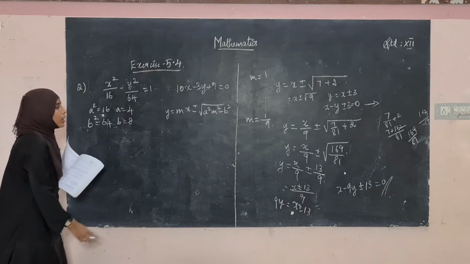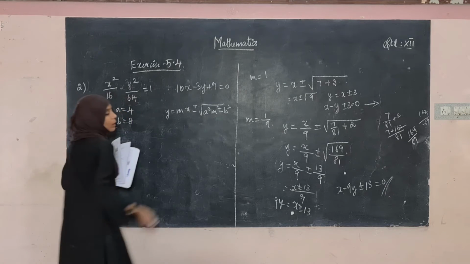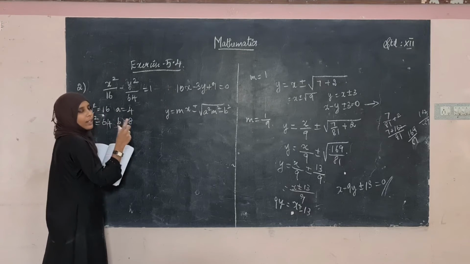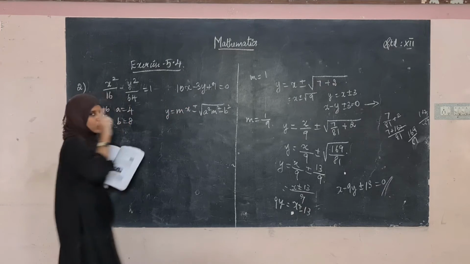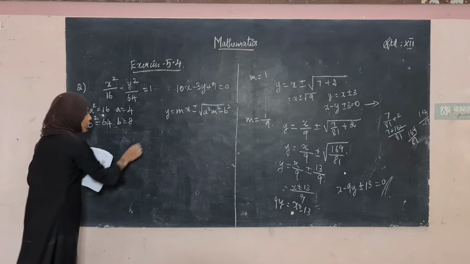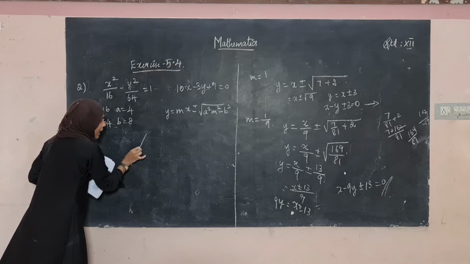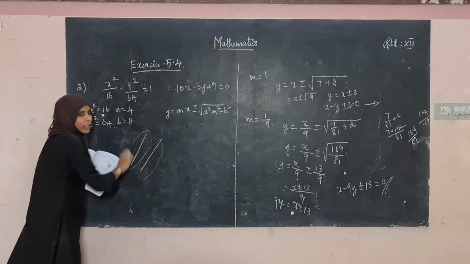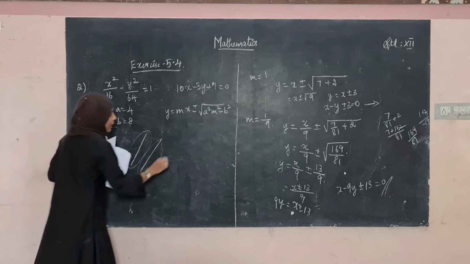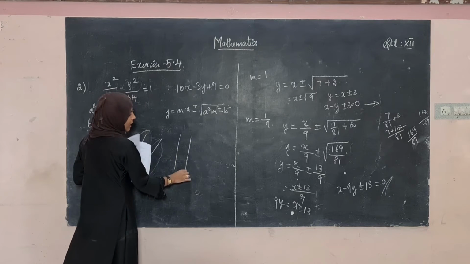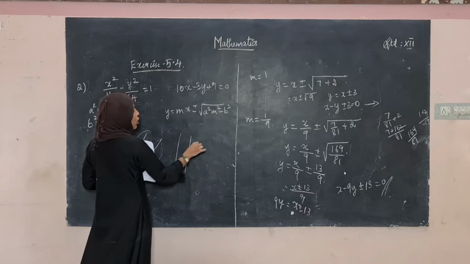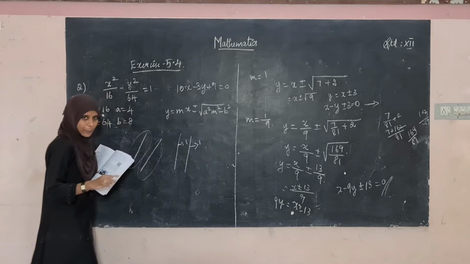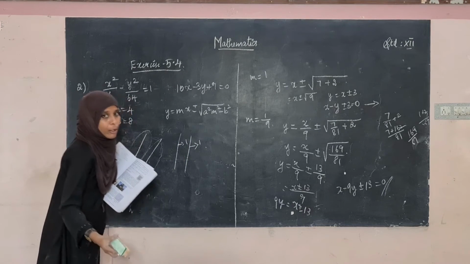Okay, now we want the value of a square, b square and m. So m, that is slope. Okay, so the tangent that we want is parallel to this. So be clear, if we want a tangent to a line, and a parallel line is given... Okay, so if two parallel lines are given, if this slope is 1 means this line slope will be also equal to 1. It is only for the parallel lines.